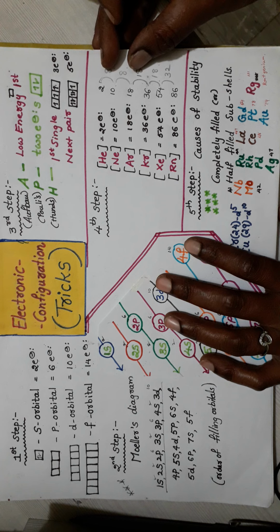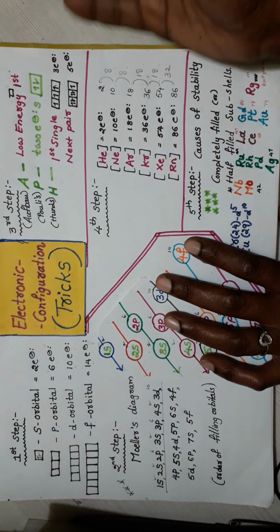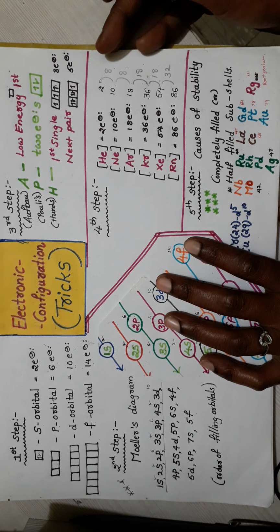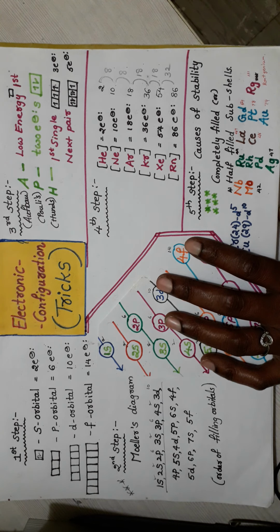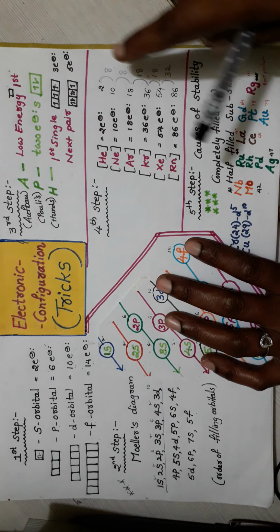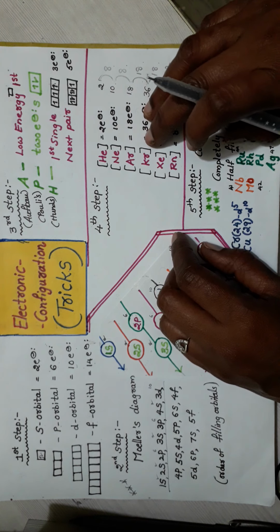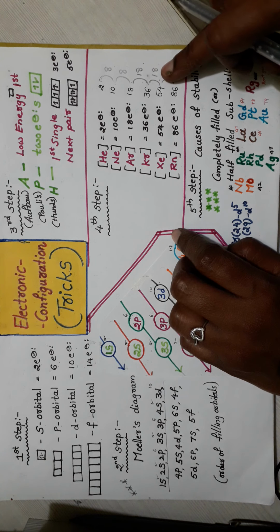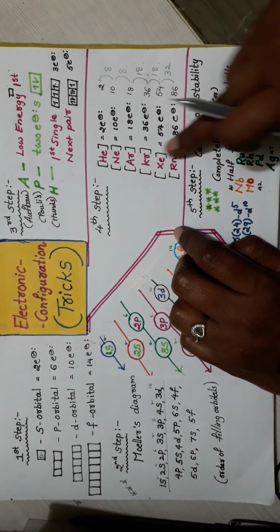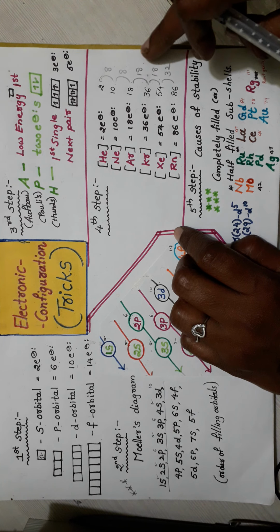Okay, this will be applicable for each period. This is the extra matter. If you want to remember it, I will tell in the next videos how to write the electronic configuration of s block elements and p block elements. In that class I will explain. So here you remember helium, neon, argon, krypton, xenon, radon: 2, 10, 18, 36, 54, 86. If you forgot this, you write down here and remember like this: 8, 8, 18, 18, 32.